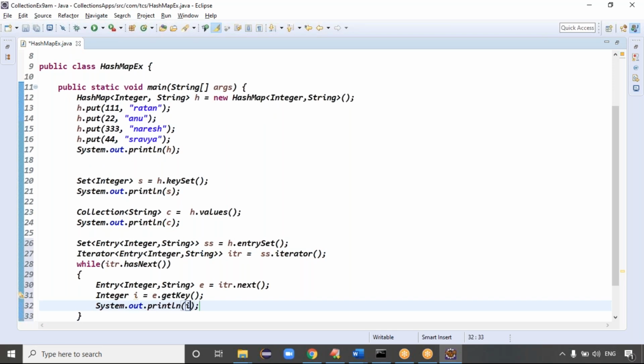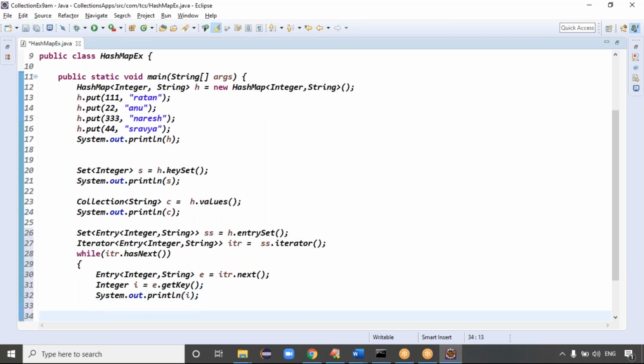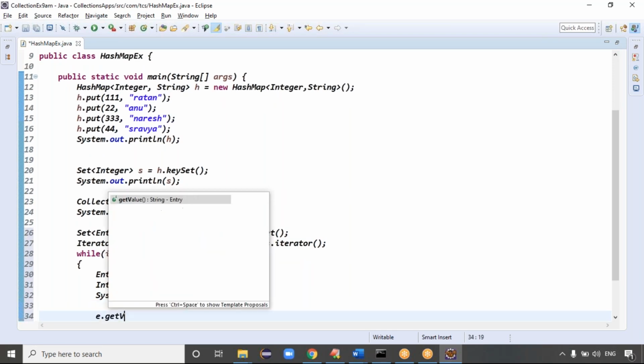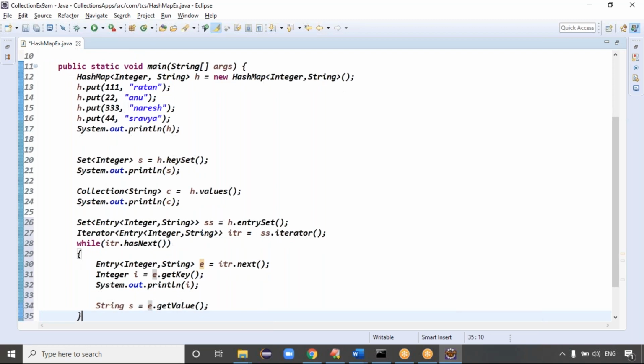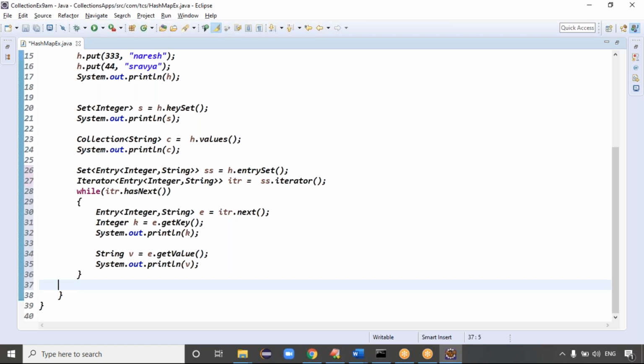Then e.getValue, what data does it return? String, so I take String v. getKey returns the key, and getValue returns the value, which is a String. I'm printing v. That's all.